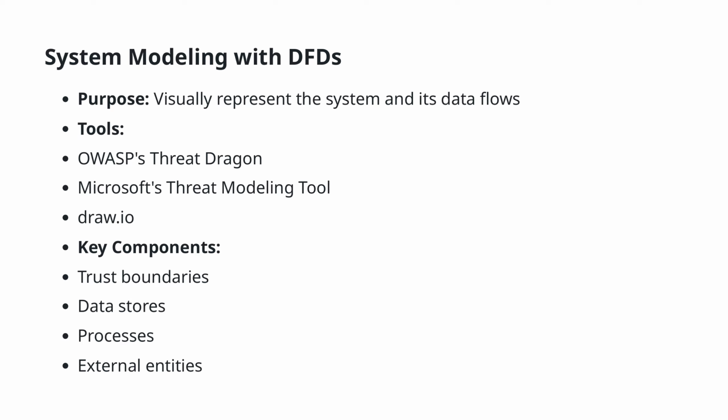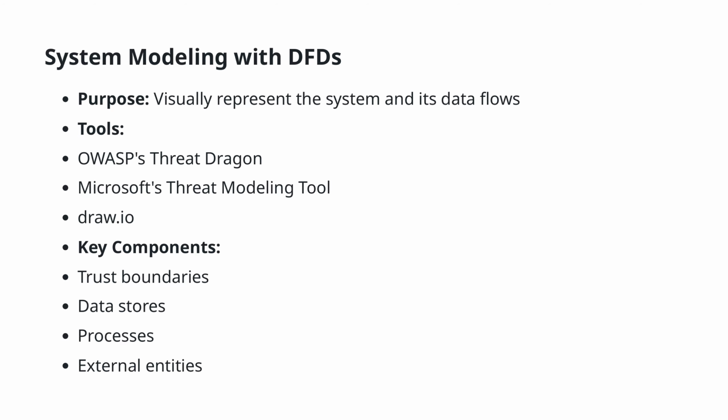Data stores represent where information is held, while processes depict the activities or functions taking place within the system. External entities show the interactions between the system and outside actors or systems. By understanding and accurately mapping out these components, you can create a comprehensive model that highlights potential vulnerabilities and strengthens